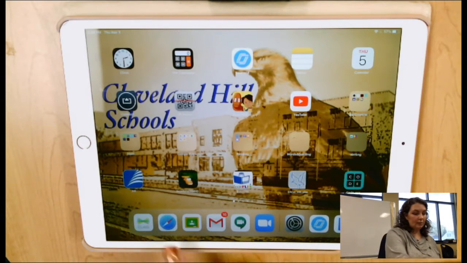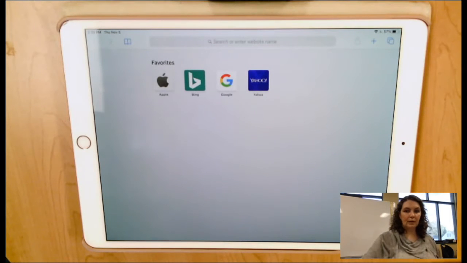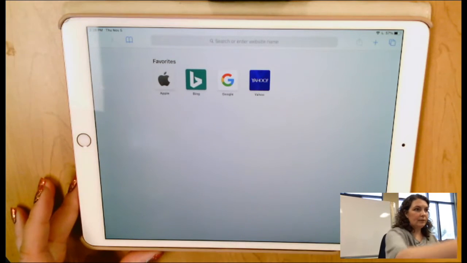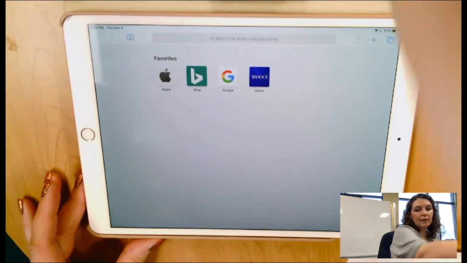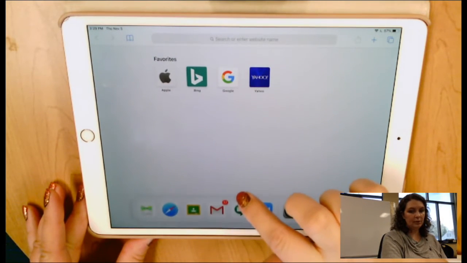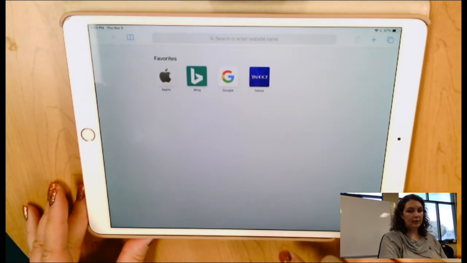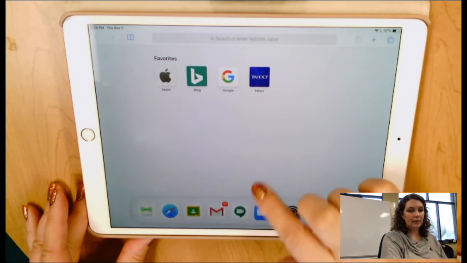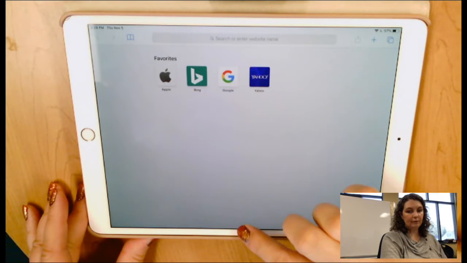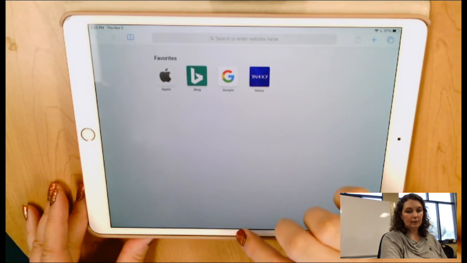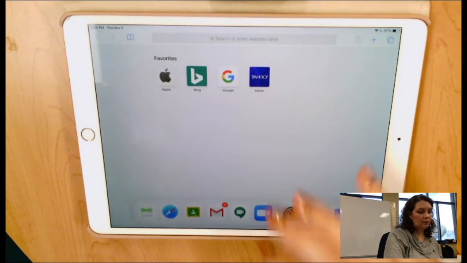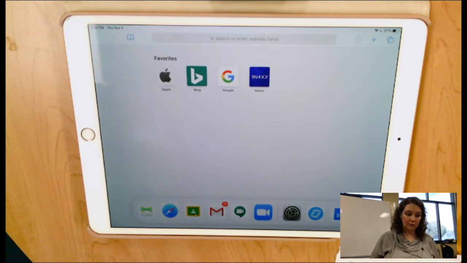So for now, I'm going to start by opening Safari, which is right down here on your dock. Now I'm in Safari, and what I would have to do is very slowly, gently swipe up from the center of the dock. Now it's important you do that slowly because if I do it quickly, it might actually quit the app. So I need to make sure that I'm doing it very slowly and gently. There it goes, right there. So that is going to show me the apps that I could open in addition to Safari.